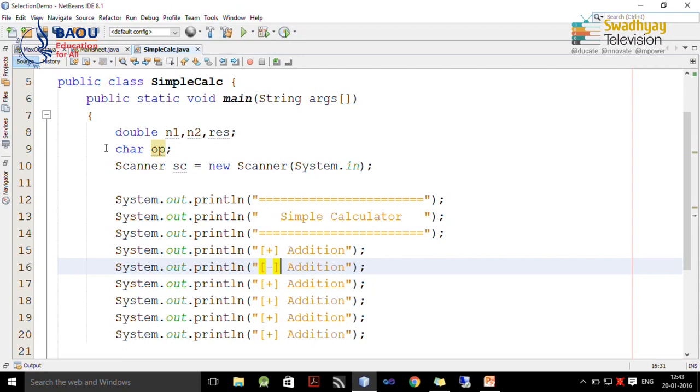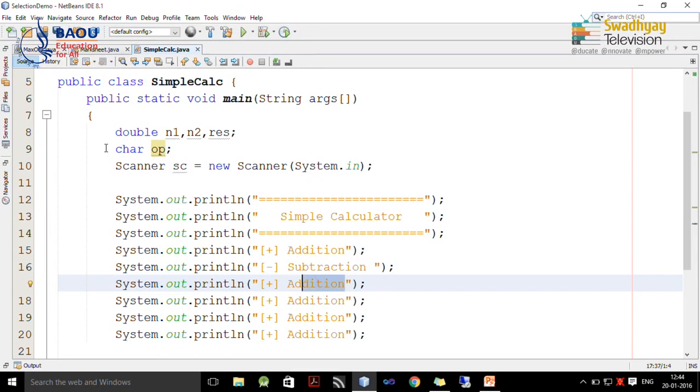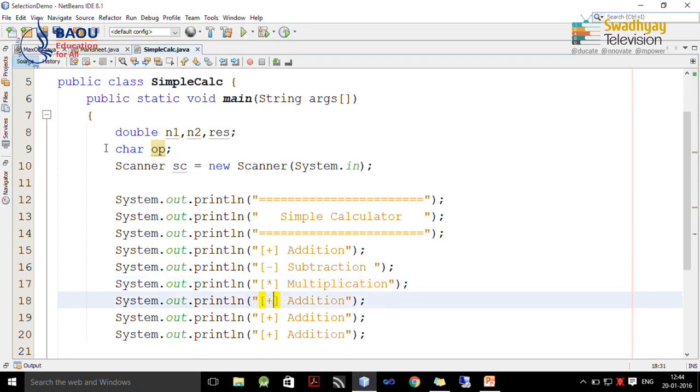So minus represent subtraction, then multiplication, which is represented by asterisk, division and modulo division.